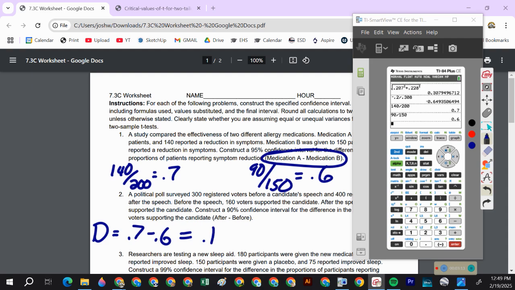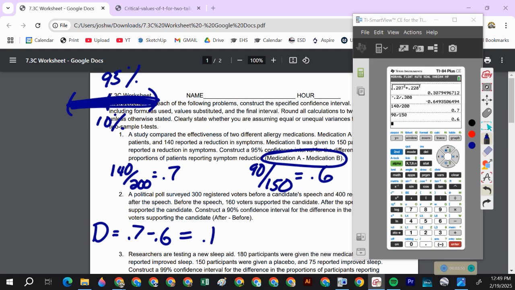10% difference. And remember, a confidence interval is going to take that 10% and it's going to draw a window around that 10%, and this window needs to capture 95% of the population. Now, we'll never know, but no, I said that wrong. That window has a 95% chance of capturing the true proportion, the difference between the 2 proportions. But we'll never know if we actually capture it or not. And